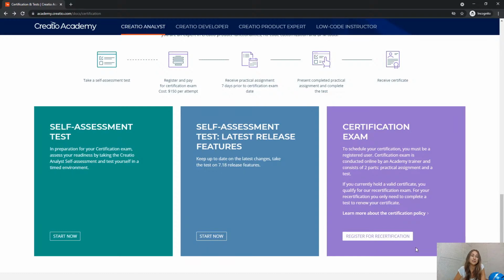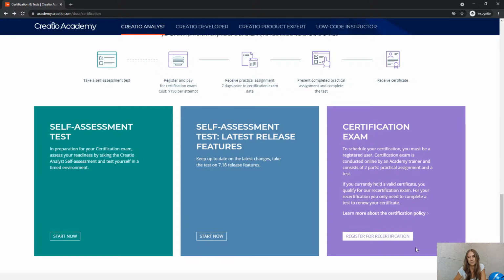There are new releases coming out every couple of months. So in order for you to stay up to date on those new features, this is what the recertification process is for. It's going to be testing you on the product knowledge, whether you're aware of changes happening to the product, how the product is evolving, and if you're keeping track of those